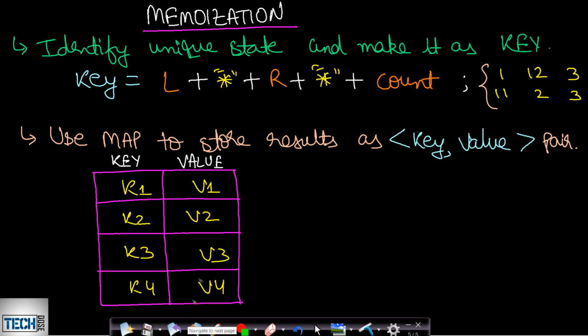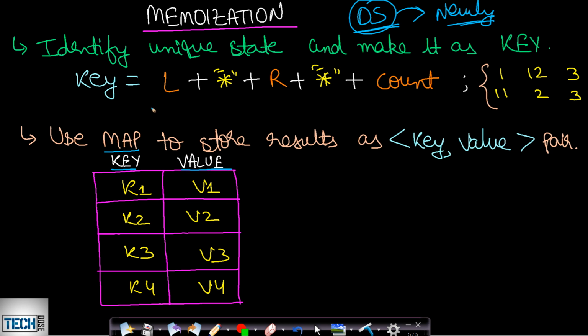Now, we can solve this problem by using memoization. In this case, we will be using a data structure where we will be storing all the newly calculated values. Okay, all the newly calculated subproblems will be stored in a data structure. And then when this subproblem repeats, we can see the data structure and we can return the answer. So a very useful data structure for applying memoization is basically a map. Okay, so I'll be using a map. In a map, you need a key in order to store the value. So how do we form the key?